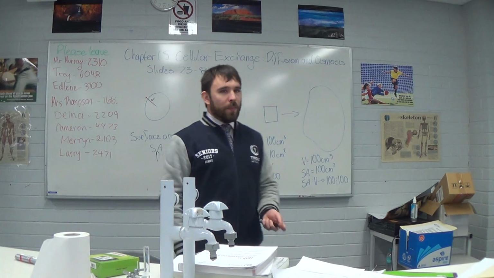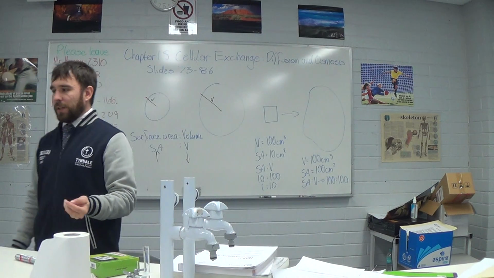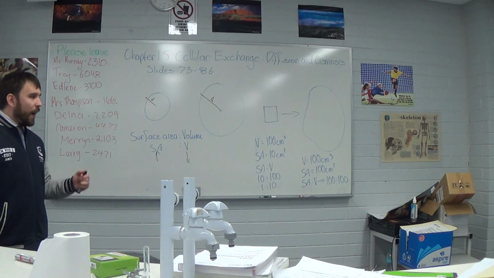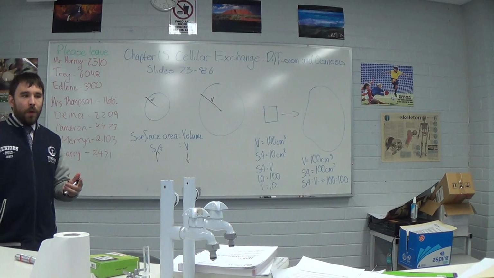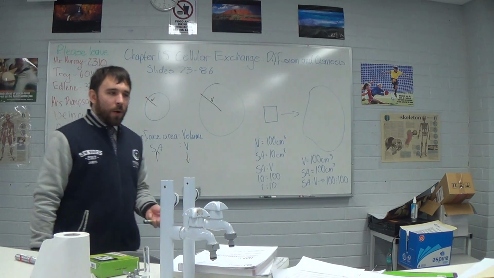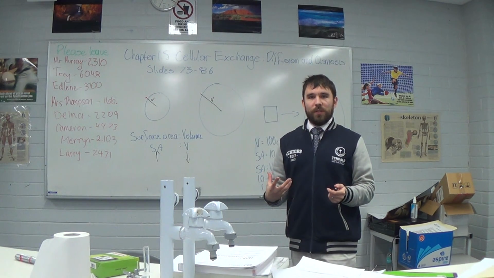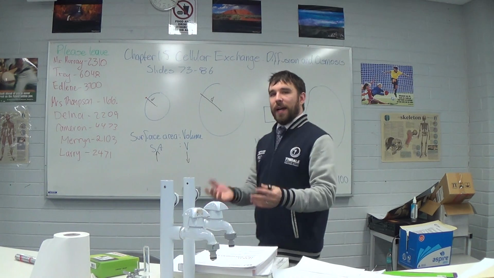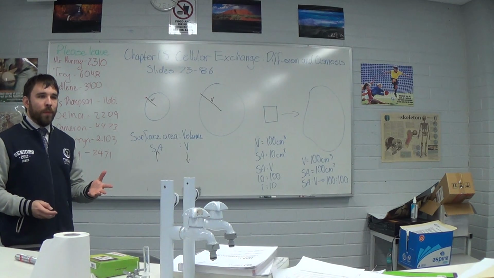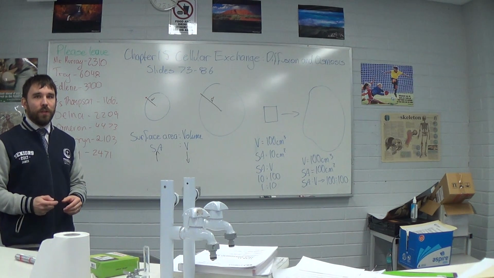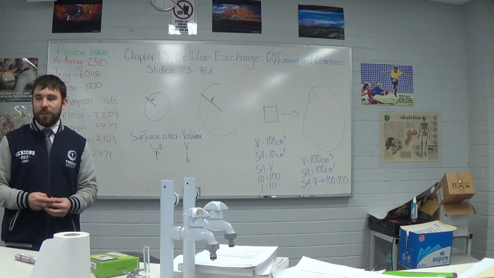Because individual cells must exchange substances with their extracellular fluid, this surface area to volume ratio is incredibly important. They are after as high a surface area to volume as they can possibly get. Because we are multicellular organisms, we have several problems with this. We are big. We don't occupy terribly much surface area, but our volume is quite large. We are large organisms, whereas unicellular organisms usually have a significant advantage here, which is part of the reason why bacteria still exist. They're able to exchange materials with their environment incredibly rapidly, whereas we have to have specific